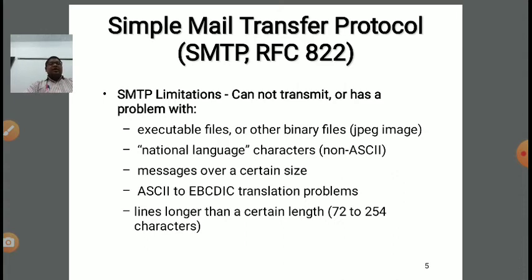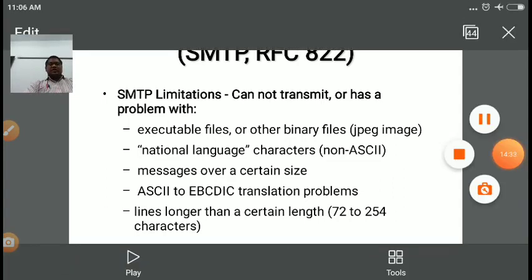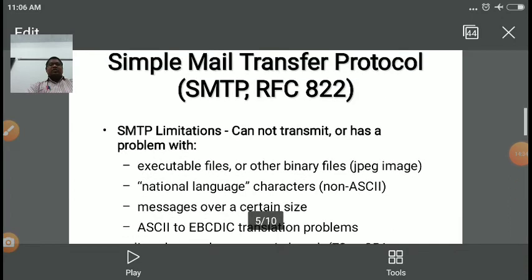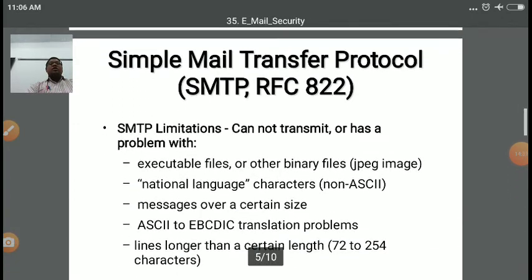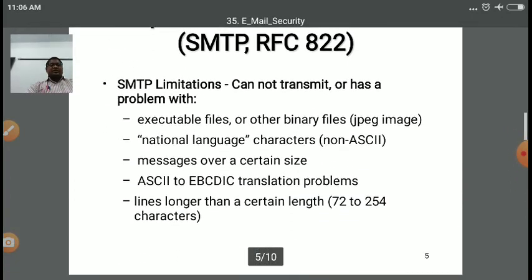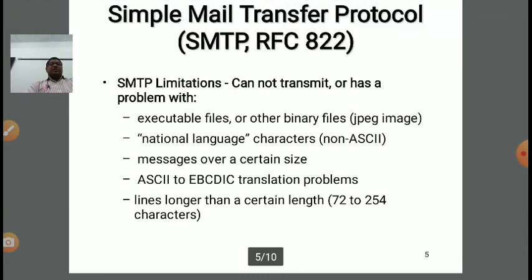Clear? It is not supported with national language characters, non-ASCII characters. ASCII stands for American Standard Code for Information Interchange. It does not support non-ASCII characters, and it has a message length restriction.